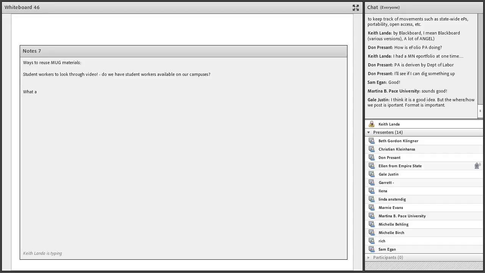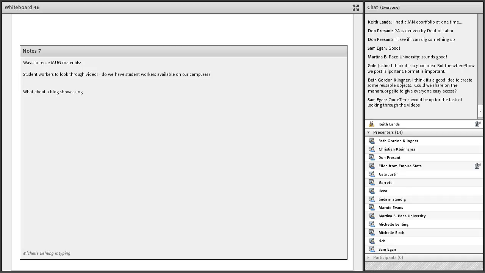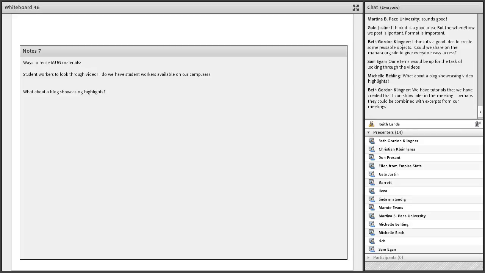I think I'll use my voice if that's okay, but I was wondering about us contributing to a repository that might exist somewhere, so that other people who aren't using Mahara might see the objects and think about Mahara. I wonder if that's a possibility. So Ellen, maybe a repository, some of the learning object repositories like Merlot or something like that?